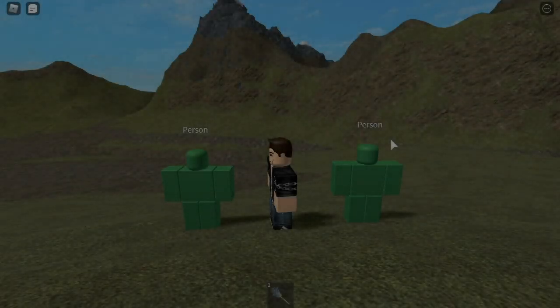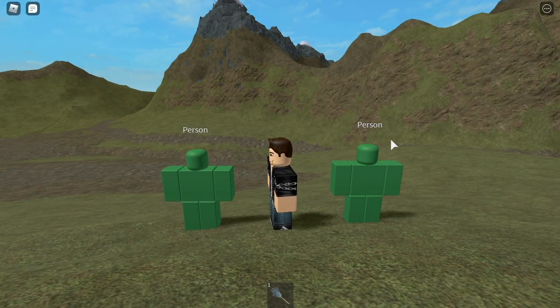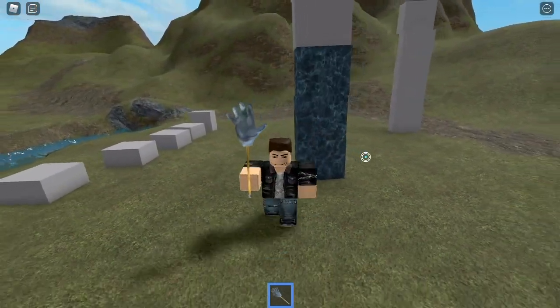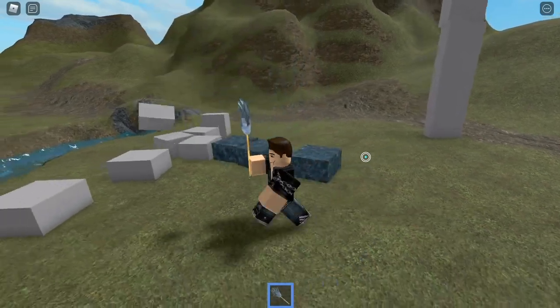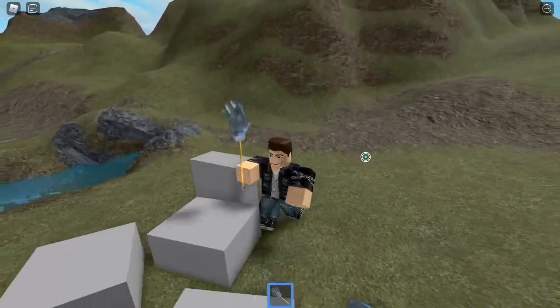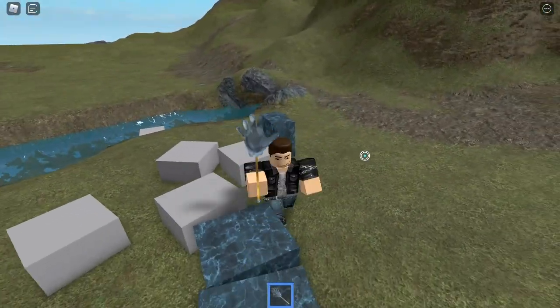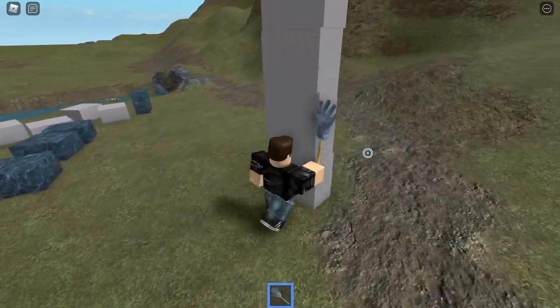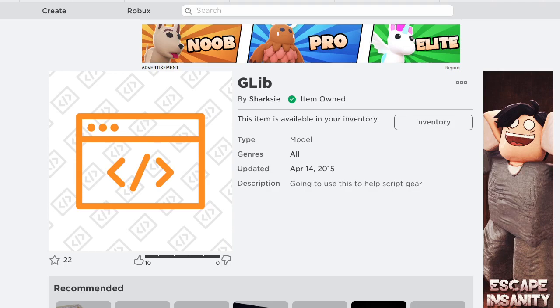For the second Roblox repair, I'll be suggesting how to fix the Bluesteel Midas hand, which I've reviewed previously. The Bluesteel Midas hand, while mostly functional and one of my favorite types of gear, seems to have two noticeable issues. The tool is not swung when clicked despite there being code for it, and it will not work with R15 users. To fix the first issue, we need to change how the glib asset by Sharksy is added to